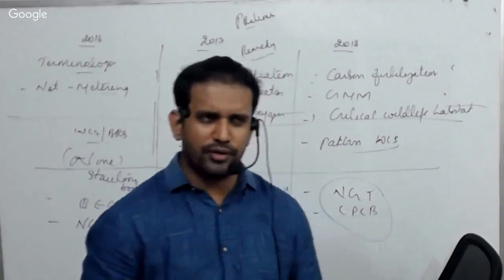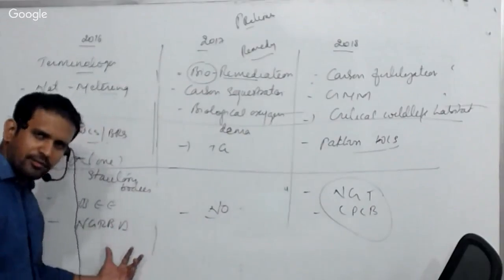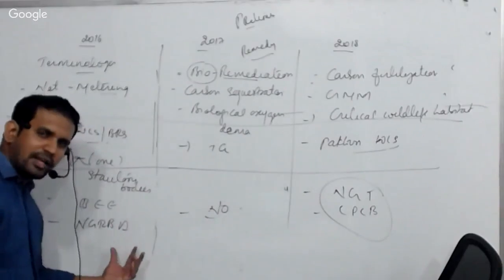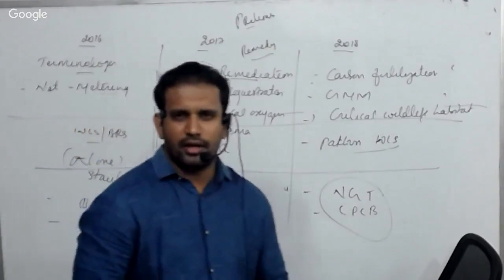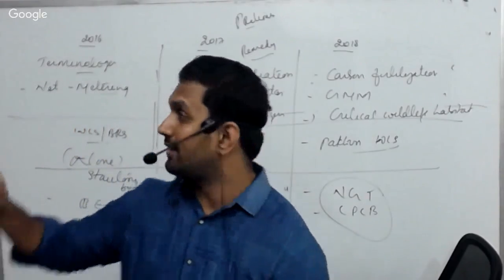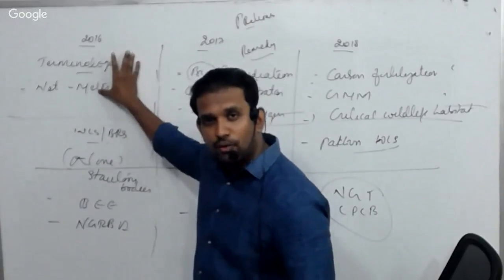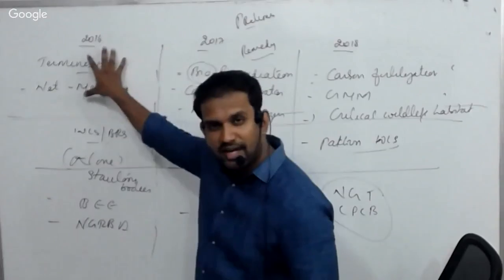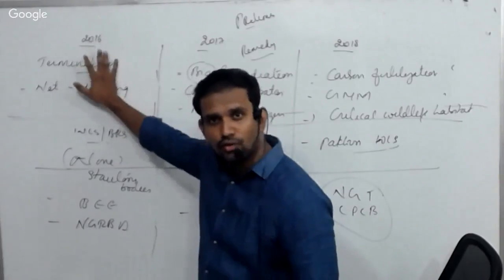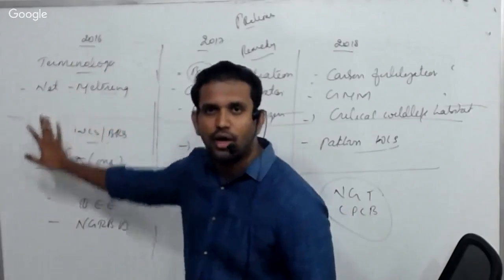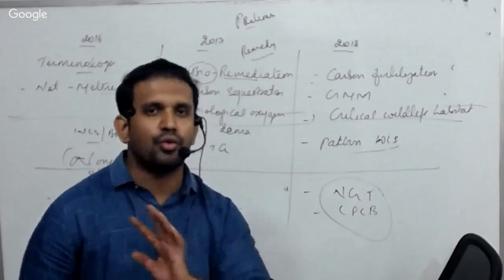Miscellaneous kind of questions were there. With regard to committees, there was one question on the Sailesh Naik committee. Then no questions have been asked. Why? Because in that year, a committee appointed on an environment-related aspect had released its report in the year 2016. That's why they asked a question. In these two years, no environment-related report was released, so no question was asked.